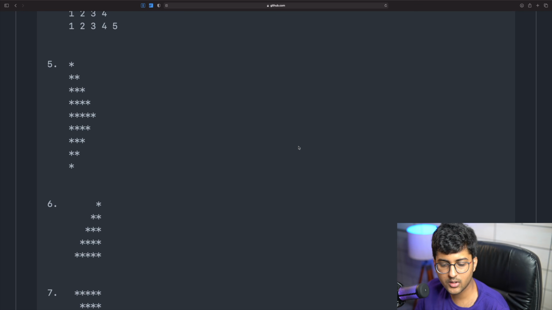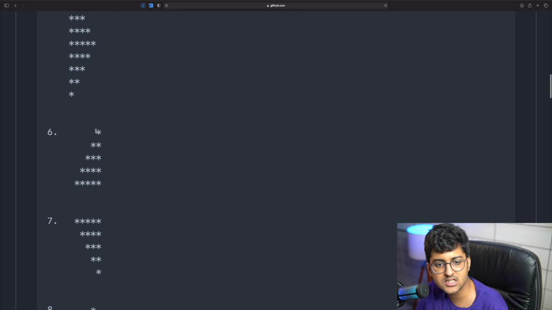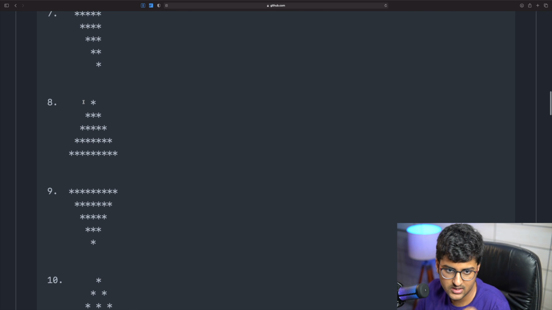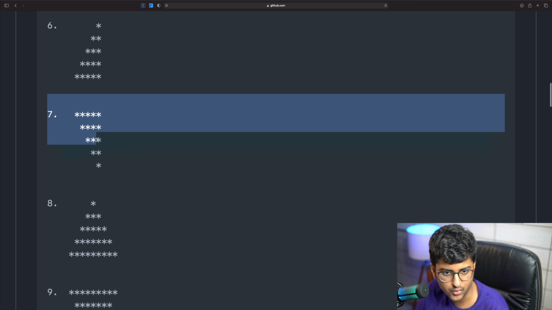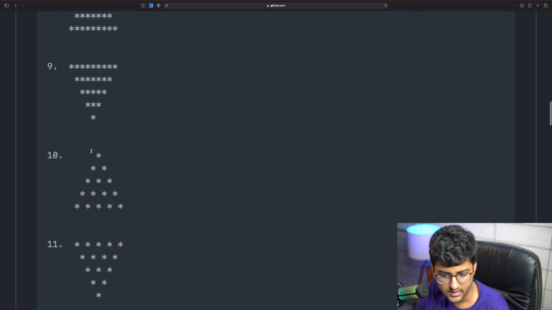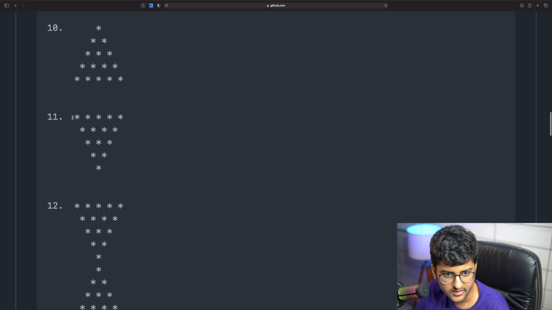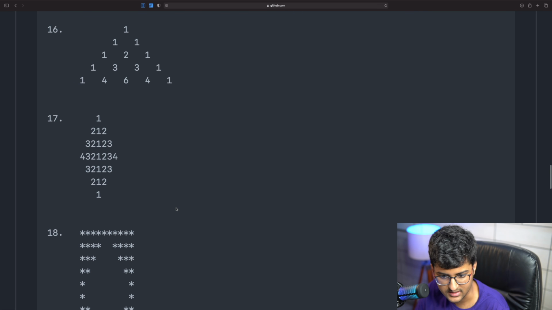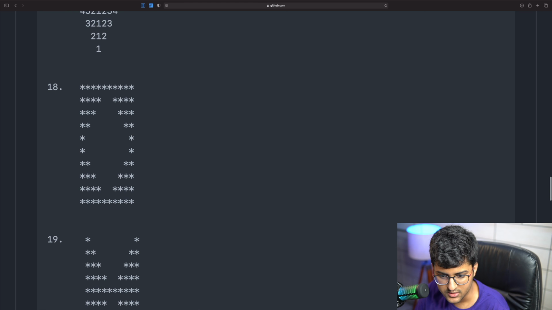One more thing that can happen in questions is they will ask for some spaces. So we'll look into these spaces as well, but let's try to pick up a more advanced question. This triangle is something you can do already, and this is also something you can do already. Let's try to solve a question that covers all of these things.